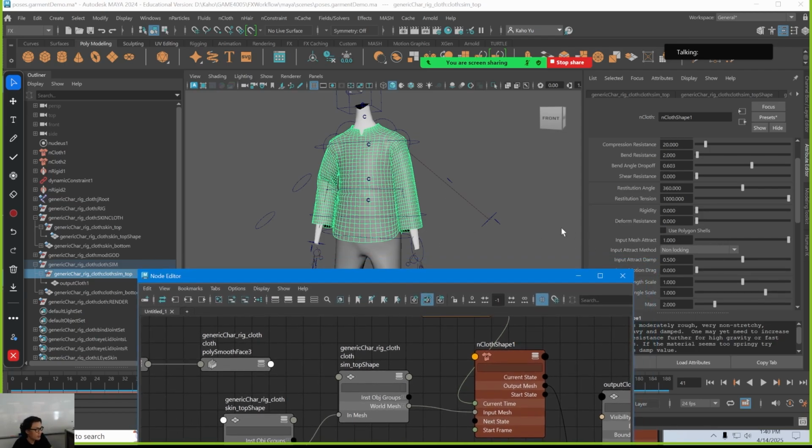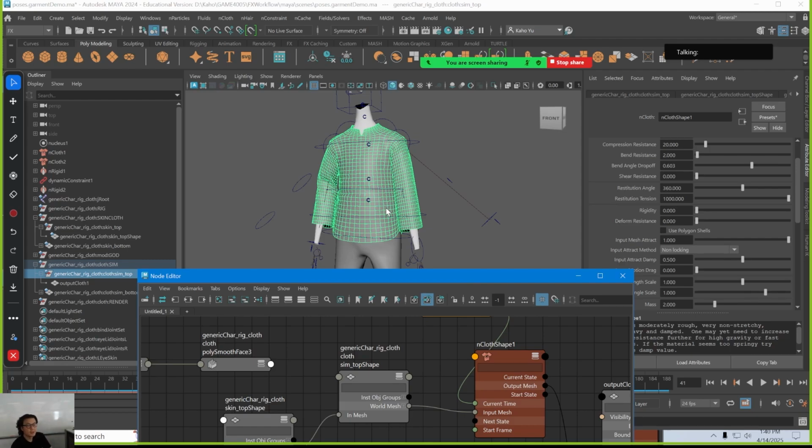So what we're going to do now is, instead of having a constant value over the whole body, over all the vertices, we're going to paint in the vertices so that this input attract value could be different at different